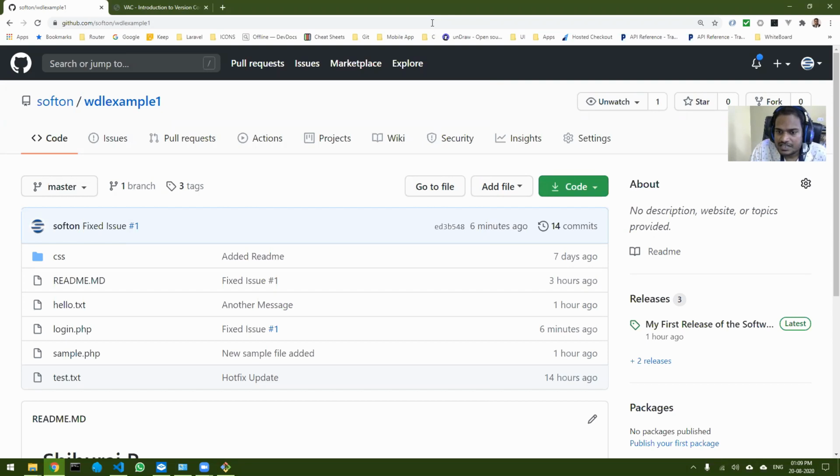Khan Fazal is asking, sir, can a forked repo be sent to someone else or only to the original developer? Only to the original developer. You cannot send it to anyone else. Whoever wants it also has to fork it. It is not like you can share it with anyone. What you can do is add a collaborator in your repository. If you want to send it to someone else, you can add them as a collaborator. Okay, so can I go ahead?